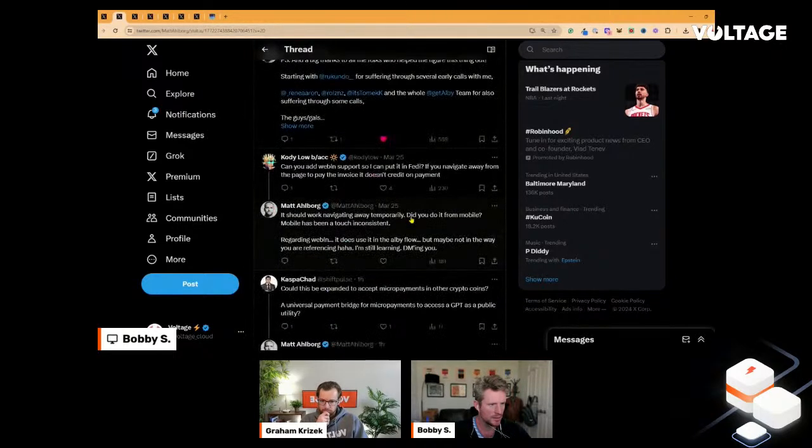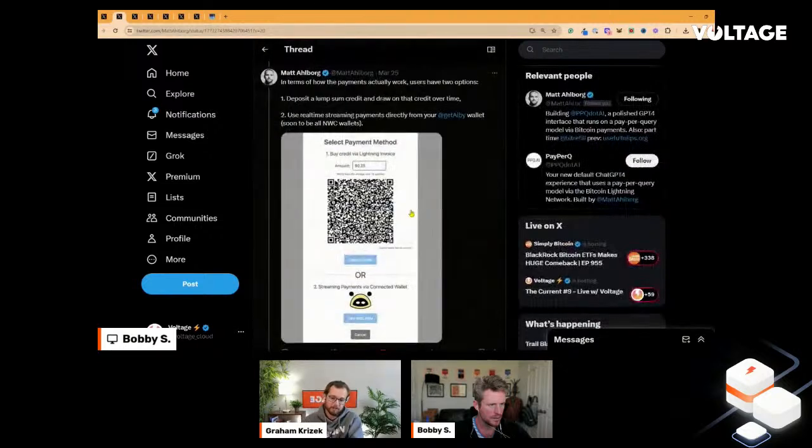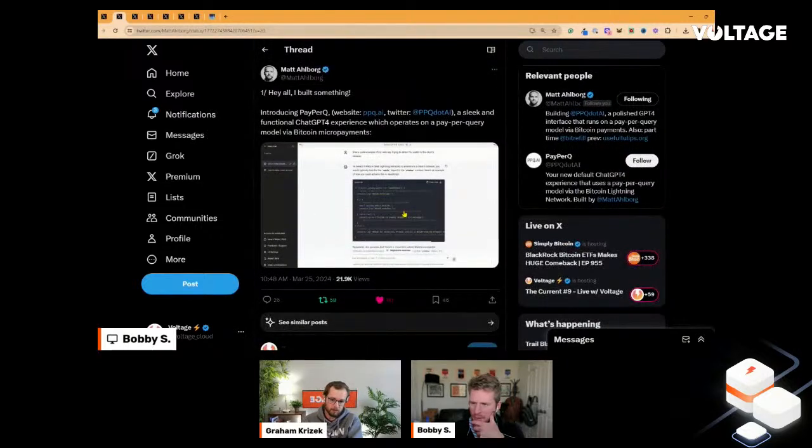I think this is definitely a really cool service to build and to be able to pay for via Lightning. It's definitely something to check out as more and more people start to use AI and ChatGPT. It's really interesting that you don't have to buy a subscription; you can just pay for specific queries. I personally tell myself I need to use this stuff more, but I don't use it a lot.